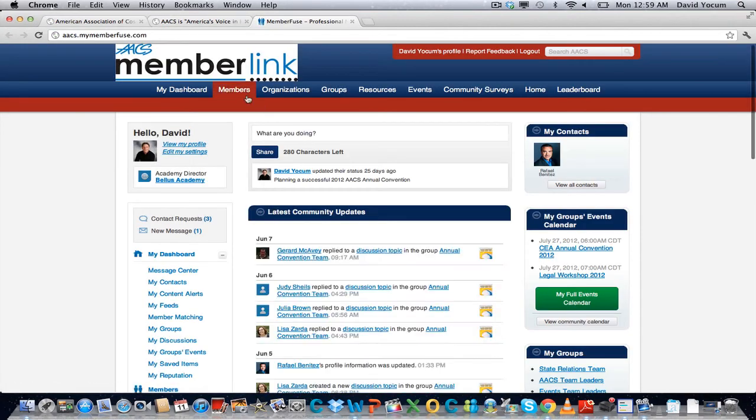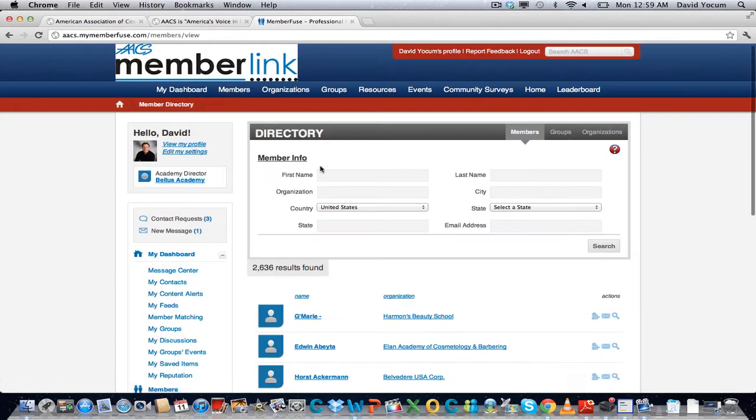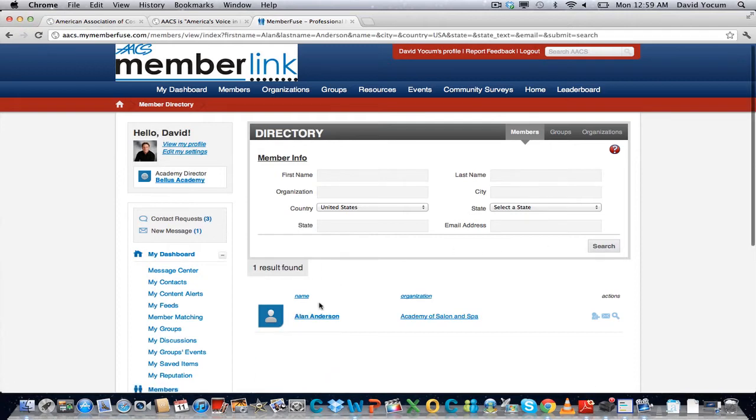dashboard. And I'm going to click on Members to show you how to search a member and add them to your contact list. I'm going to search for Alan Anderson, who's on our annual convention team. Alan's name will show up down here in the results, and when you're searching, you can search by organization name, by city. If you want to search out members in your state, you can do that as well. And I searched by name, so I pulled up Alan's name, and I'll show you how to add him to